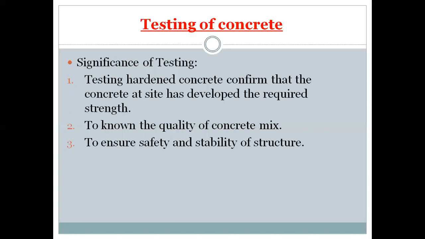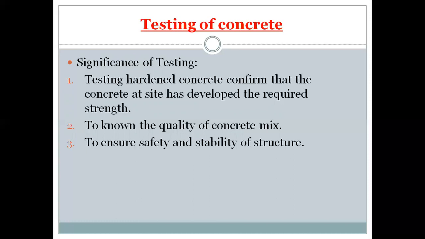So after casting, we have to check the concrete with a non-destructive method, that is NDT, in which the concrete is not destructed or broken. So without breaking the concrete, we have instruments like the rebound hammer or the ultrasonic pulse velocity method, by which we can